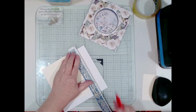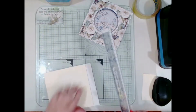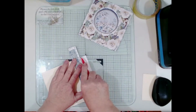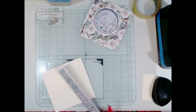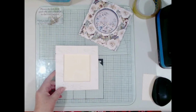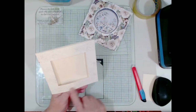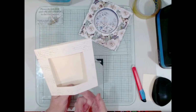It's just gone on the floor. Right, last one. There. When I turn it over, I've now got the card completely covered to begin with, but we've sealed the